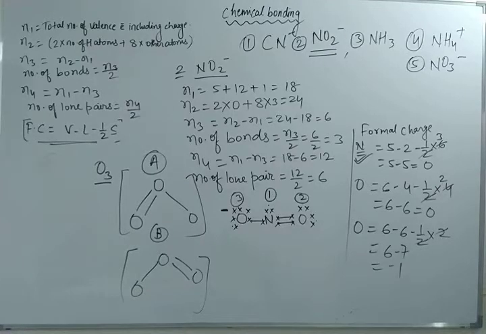This delocalized bonding is a type of bonding in which the bonding pair of electrons is spread over a number of atoms rather than localized between the two. Structure A and B, whatever the structure I have drawn here on the board, are called resonating or canonical structures. What are they? Resonating structure or canonical structure.